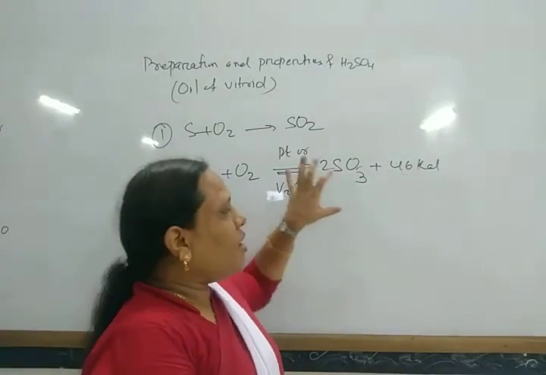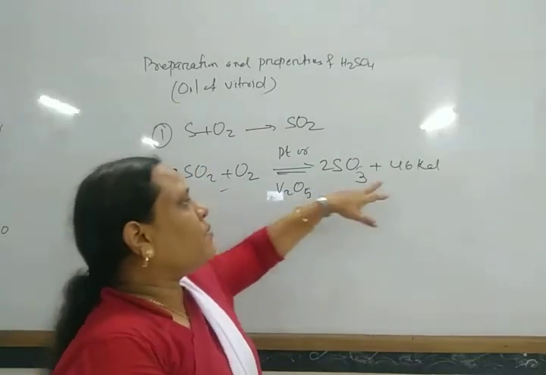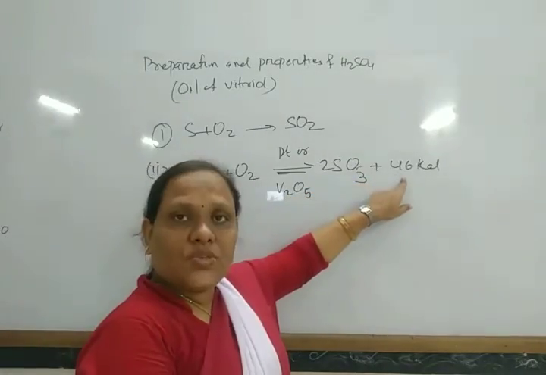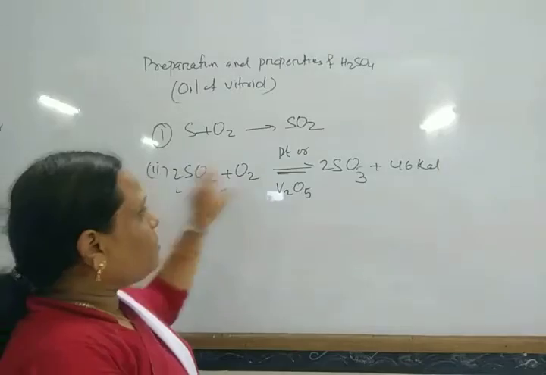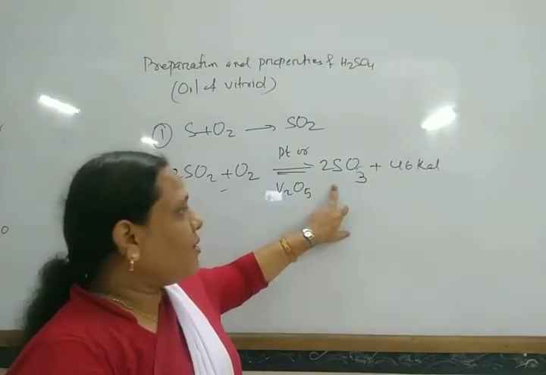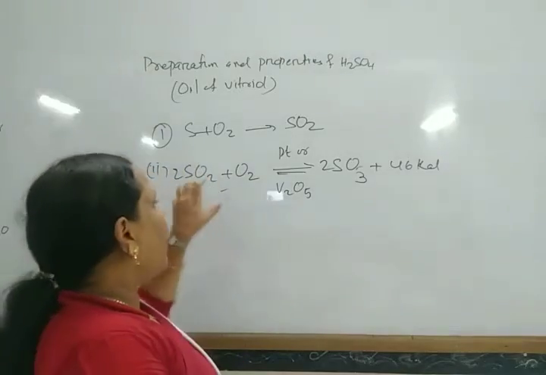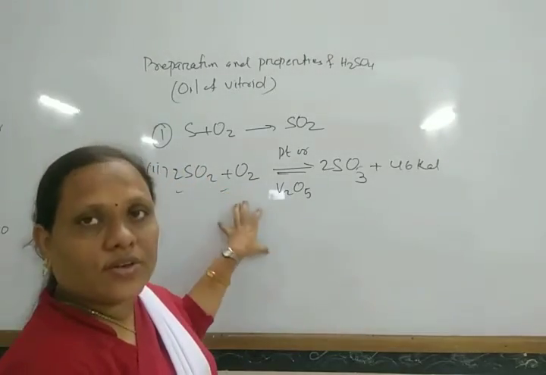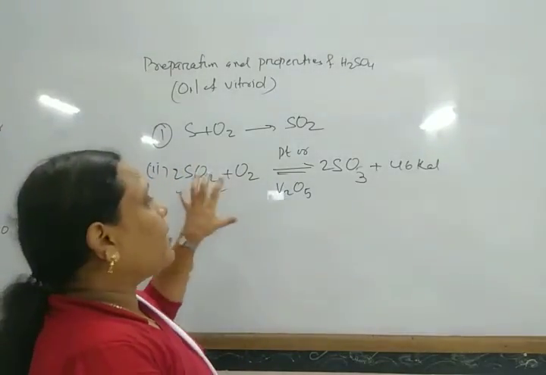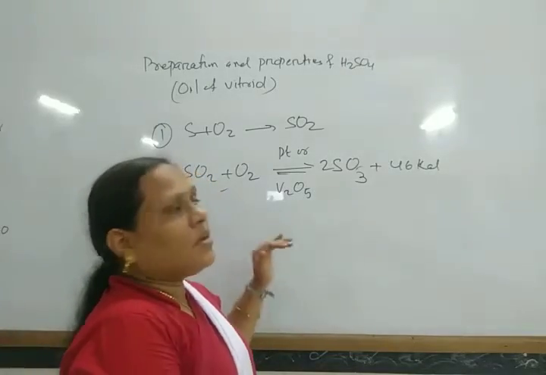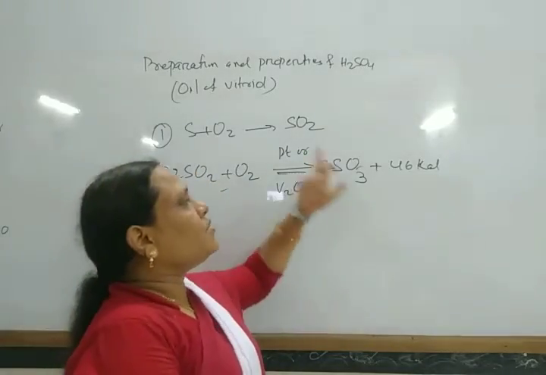This is because it has some optimum temperature, because of its exothermic nature, and here the number of moles is less. In this way, high pressure. Under high pressure and high concentration of sulfur dioxide and oxygen, and at optimum or low temperature, generally sulfur